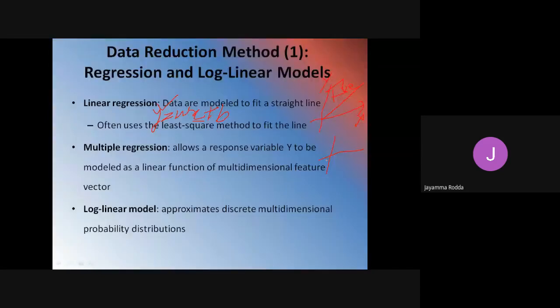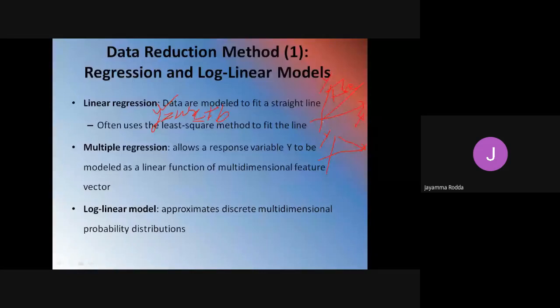Whereas there is also another regression, that is negative linear regression.